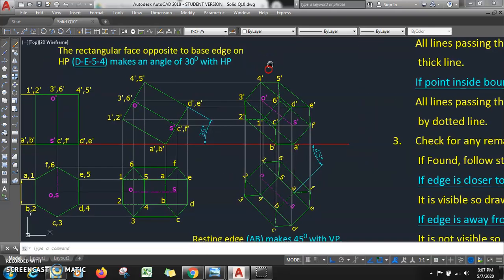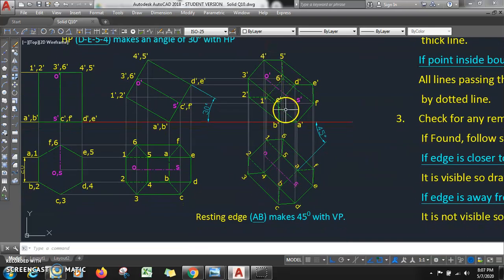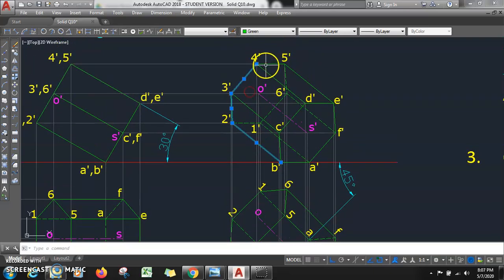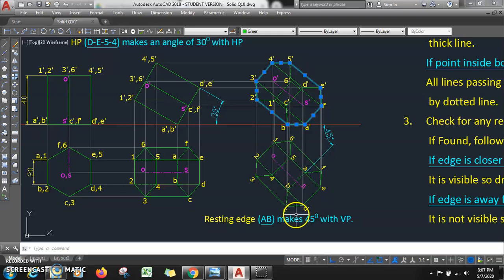Now once you locate all these points, point locate किए, तो rules of visibility are what, you know the rules of visibility, what are the rules, first of all draw boundary of the object, boundary क्या आएगा, say B2, then 2 to 3, then 3 to 4, 4 to 5, 5 to E, then EF, then F to A and A to B। तो ये हो गया मेरा boundary। how many points are there inside boundary, step 2, 1 6 CD।